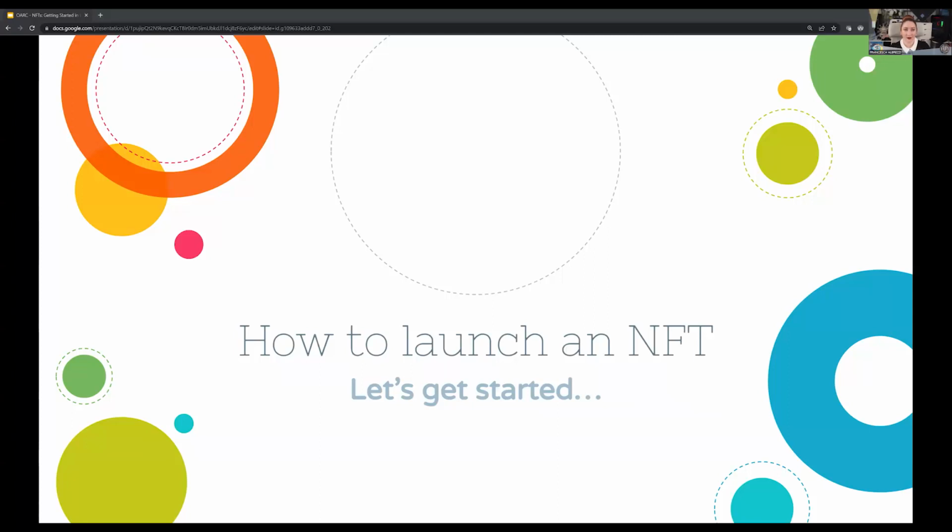So today I'm going to show you two different ways of launching an NFT on two different platforms. Really, I'm going to go in depth in one way and then sort of walk you through what you'll need to do in the other, because it'll be a very similar process. But these platforms each have their benefits and drawbacks. There are other options out there too. So if you have additional questions, please let me know.